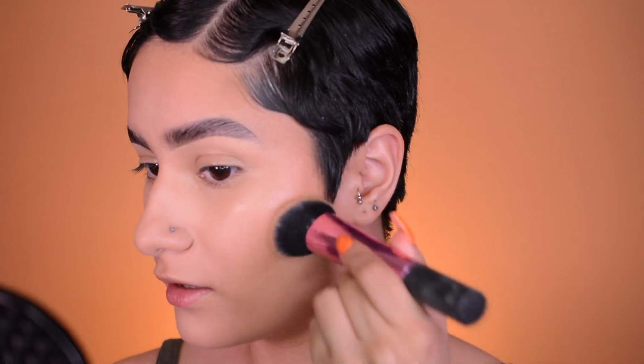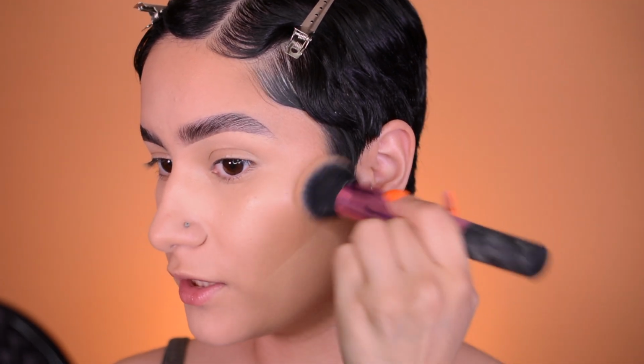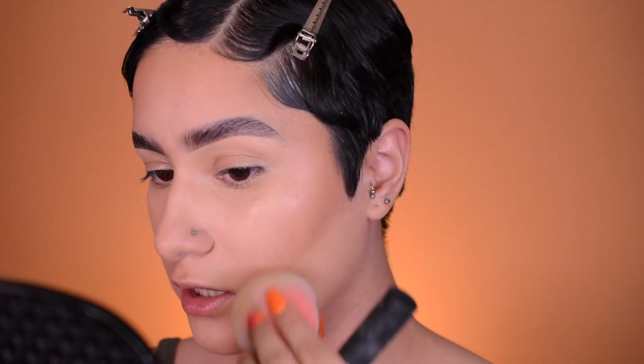And then go back in with the brush that you blended that contour with and diffuse that line. You don't want that line to be harsh. You just want it to look